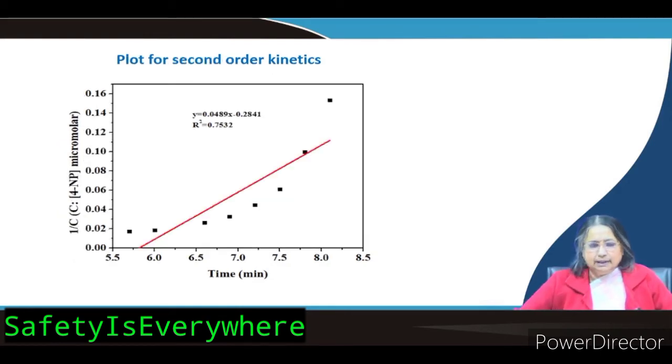Now, let us plot second order, linear plot. In the second order plot we know 1 by C you have to plot against time. So, we have plotted it. Now, you see here this is also not linear. So, second order is also not followed. So among the three, 0 order, first order and second order, we see that it is following very good linearity,